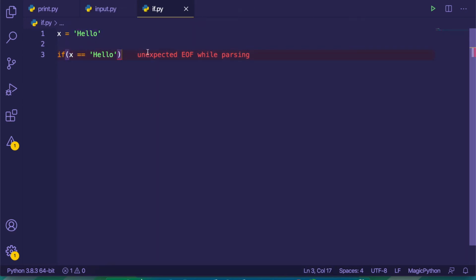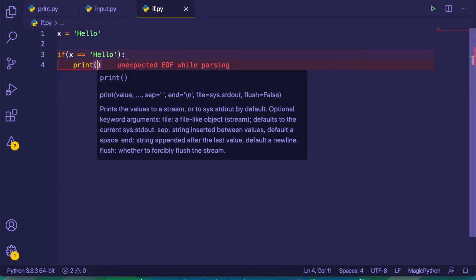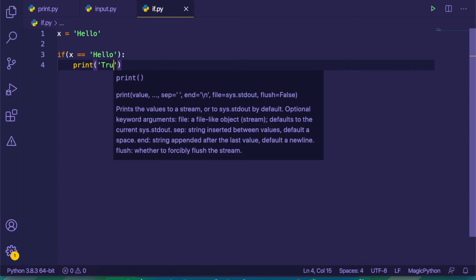Now, in other languages we see that we use curly braces for the if statement like that, but in Python you just have a colon and an indented space, a tab space, and we're going to have print true.